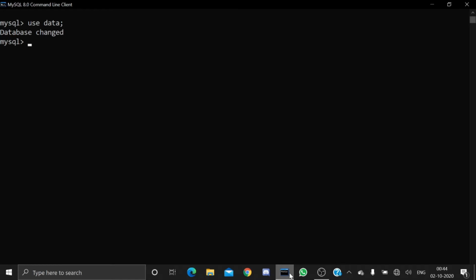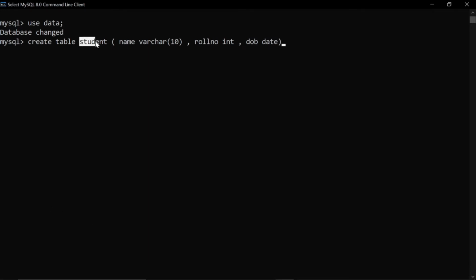And how to use this primary key. So we basically use two commands, that is with the help of the create command and also with the help of the alter command. So let us first see how to use the primary key with the help of the create command. So here I am creating a table. So here I have created a table called student and these are the columns, that is name, roll number and the date of birth.